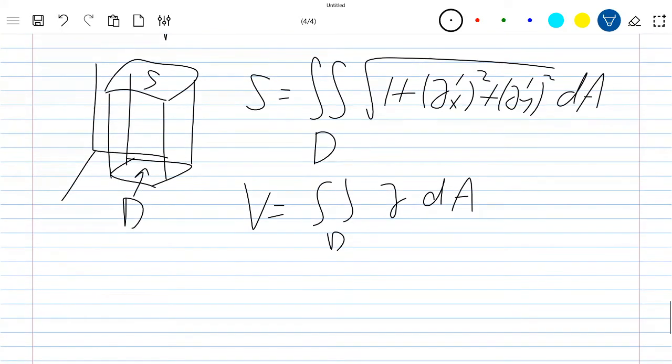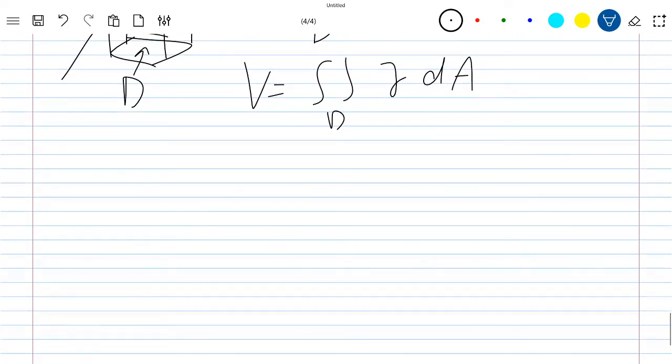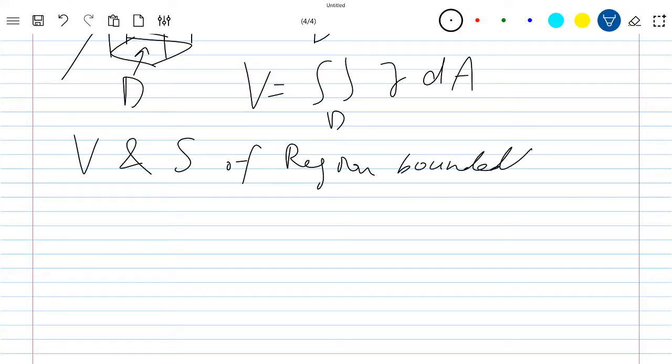So that's volume and the surface area. And let's finish our example I proposed in the class. That is, we try to find out the volume and the surface area of the region, the 3D region, bounded by x squared plus y squared